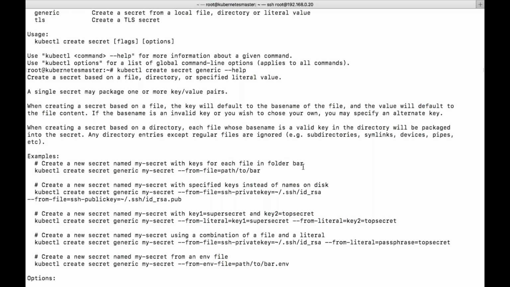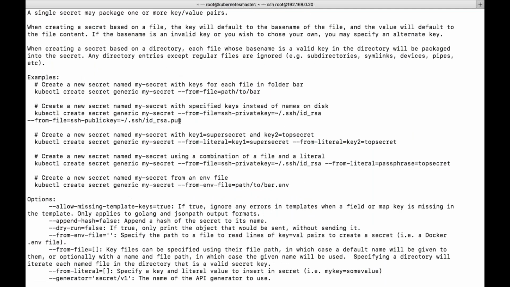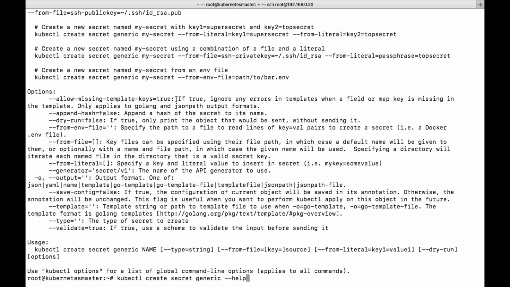So here you can see the examples of how they are trying to protect this particular data. Okay, so here you can see that. So let's try to do that from file. Okay, so see, for config map also we are using the same parameter, right? Just here it will be replaced with config map and here it is same from file. Okay, equal to what is the location of the file, sensitive-data dot txt.